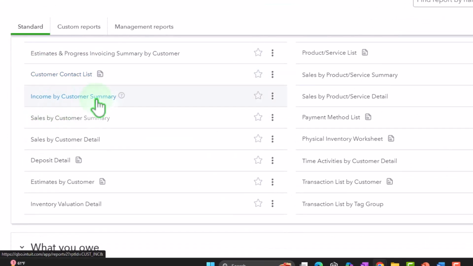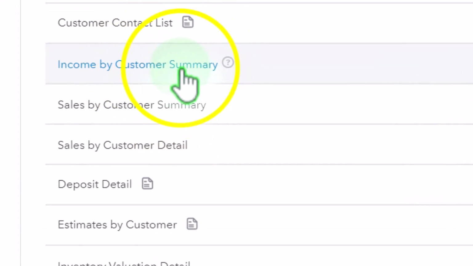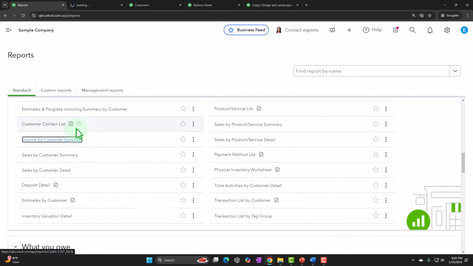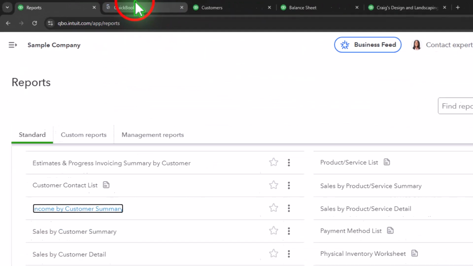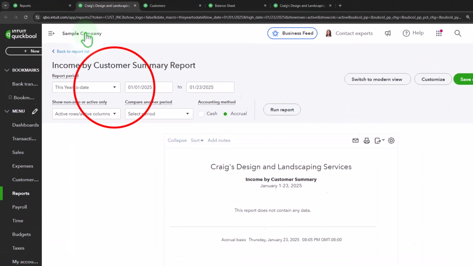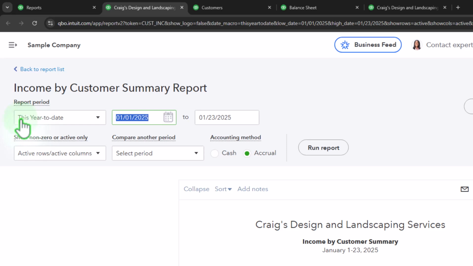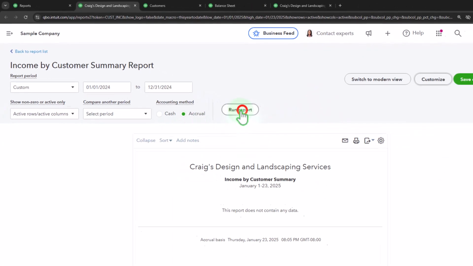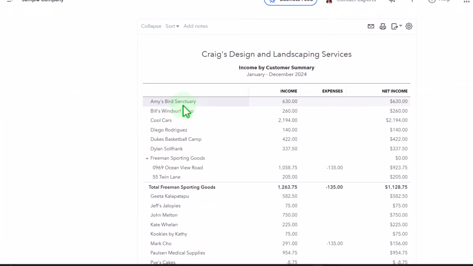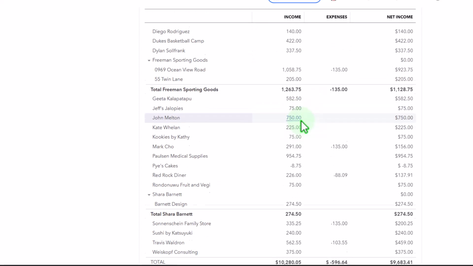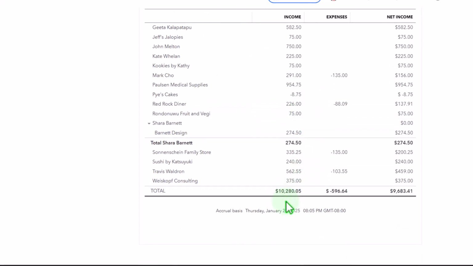We've got income by customer summary. All right, so here's where we get into it. We've got the income account by customer. So let's look at that. So now I'm going to close this out. Let's make this for 2024. Let's say 01, 01, 24, 12, 31, 24. Run it. So now we've got the income by customer, list of customers, the total income, and then it's got